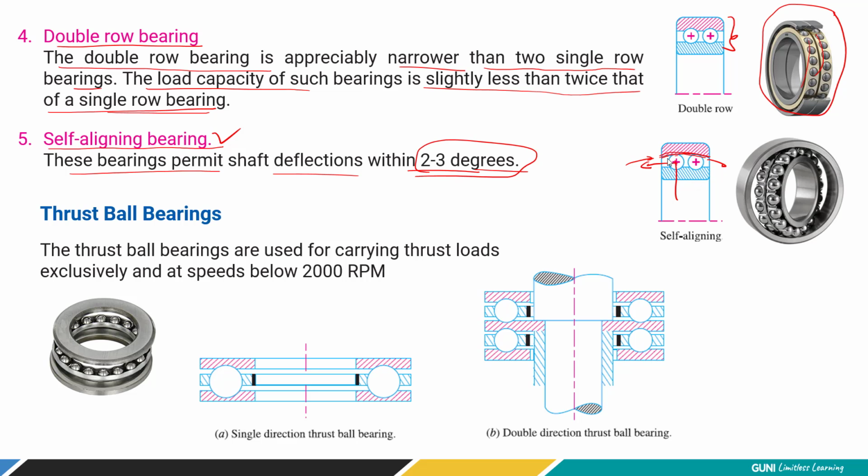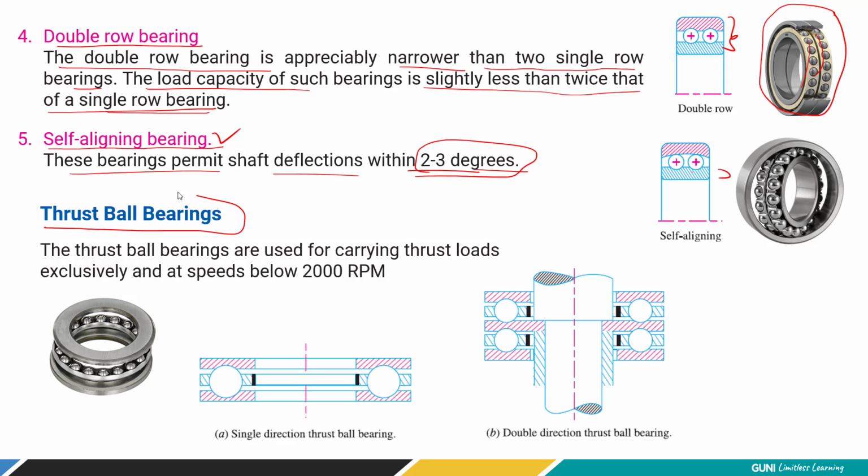So that is permitted. It is only possible if this surface is circular like this or curvy, right? So because of this, the rows of balls along with the inner race simply move out or move to the right side. So this is called deflection, right? Angular deflection. So that can be taken care of because of this kind of construction. So that's why it is referred to as a self-aligning bearing. Whenever the load is removed from the shaft, they come back to their original position, that is the center position. So they get aligned themselves, right?